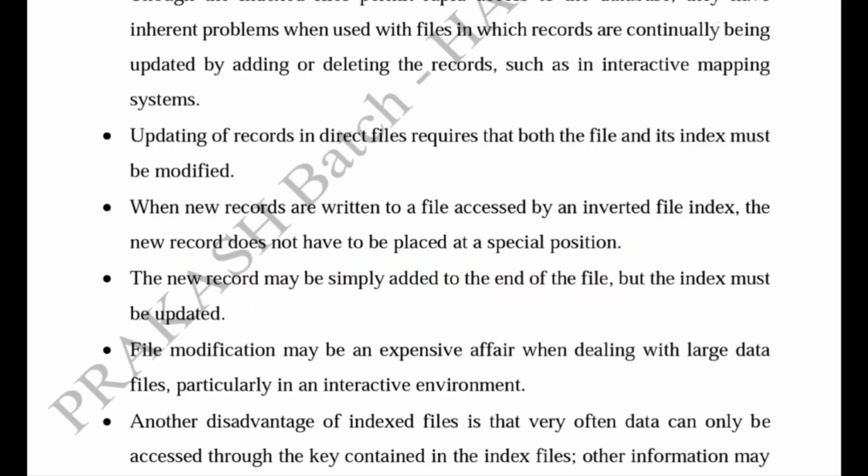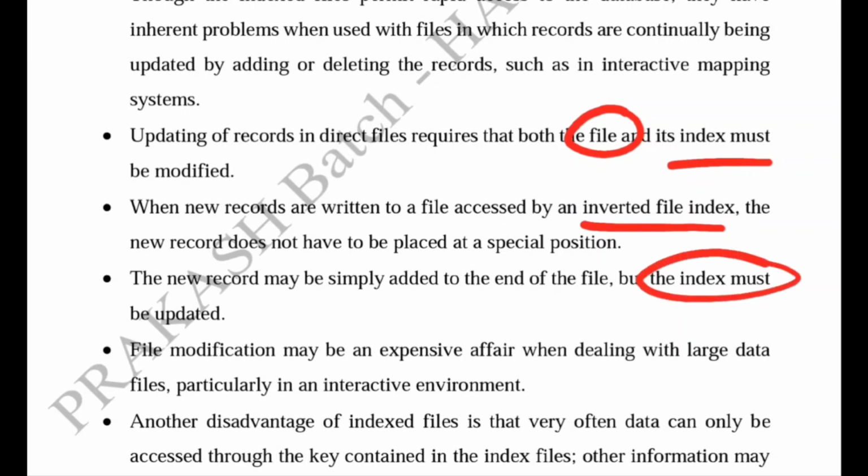So in the case of a direct file, both file and index must be modified, but in the case of an inverted file index, only the index must be updated and the record may be put at the end of the file, so the attributes can be linked with this data or file.